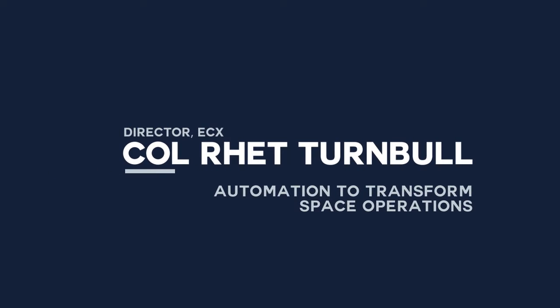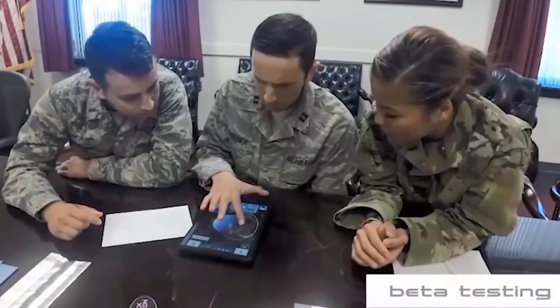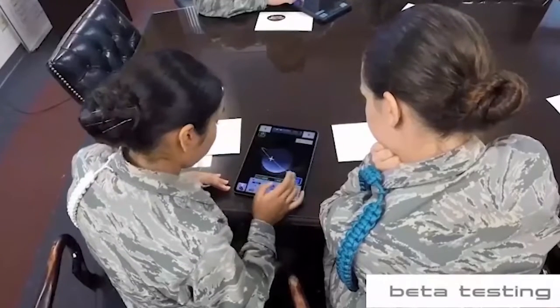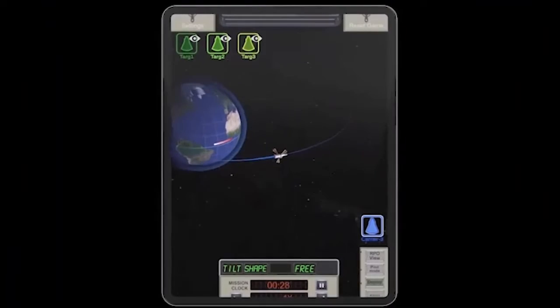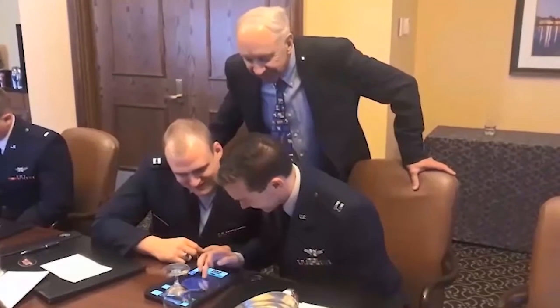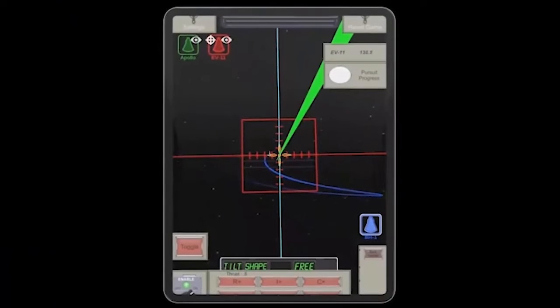As much automation as possible to free the operator from having to do the manual things that they do today so that they can really focus on how do I employ the space capability to support the joint warfighter, and how do I protect and defend the space capability. Black Horizon, I'd even say, revolutionizes the way we do space training by allowing our space operators to train not only fundamental, but even some advanced space concepts, and do that literally anywhere, anytime on their iPhones, iPads, or Android device.